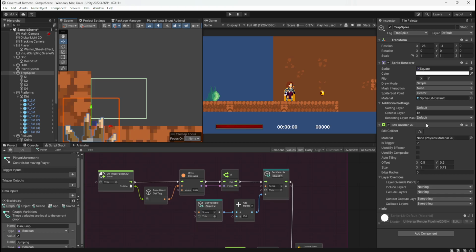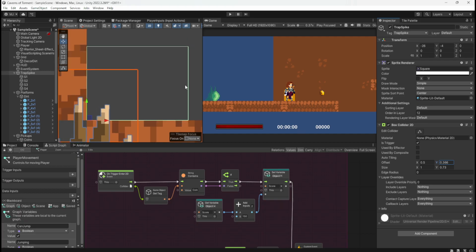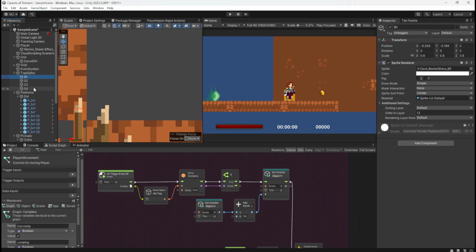If that's the box there. There we go. Right, collider box is in place, and now we just need to move